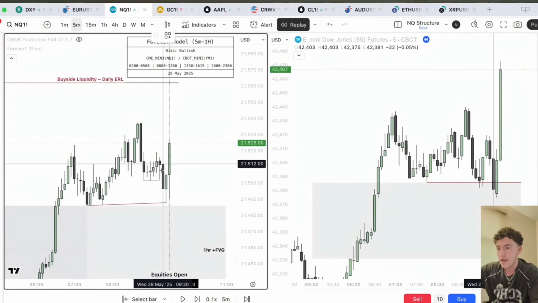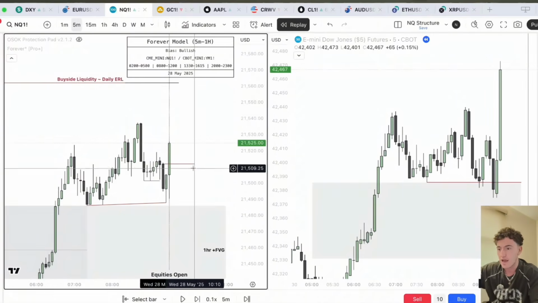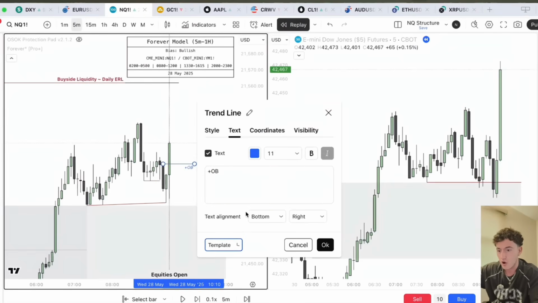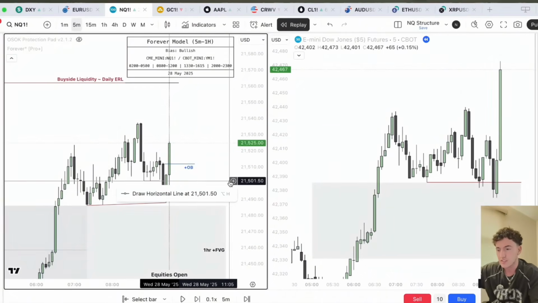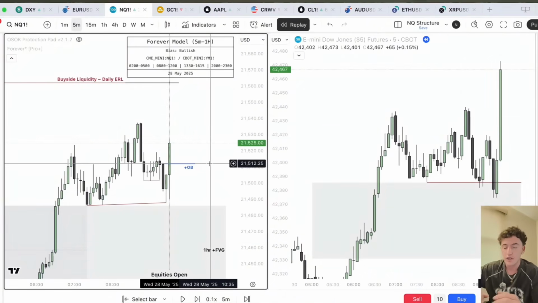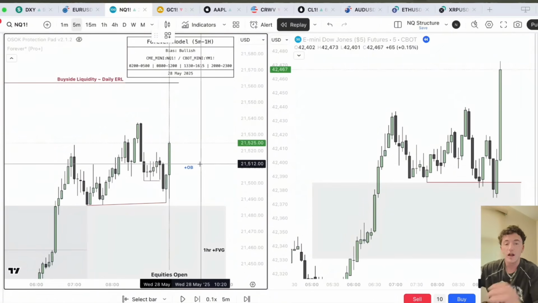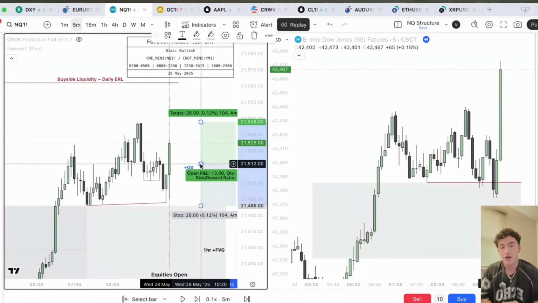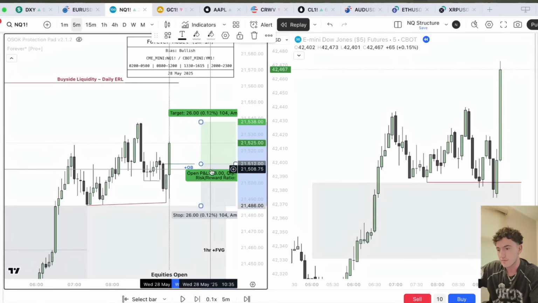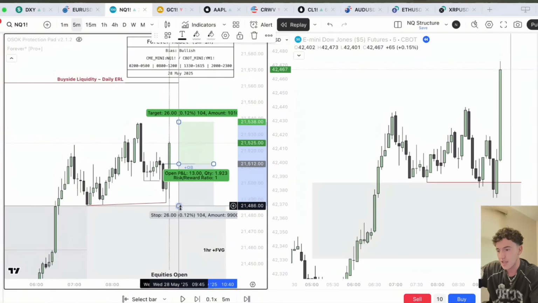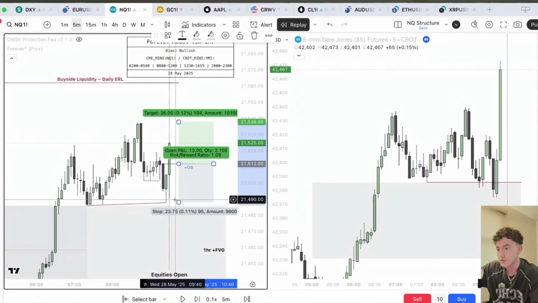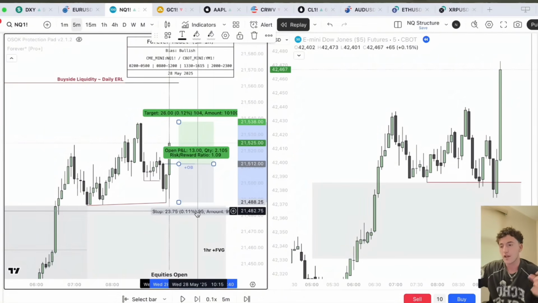So if we have our indicator plotted and we have our SMT detection off, we know that if price comes into this order block, we have our Forever Model execution for us to then take the trade long. Now, all I need to do here from this point on is put my buy limit at that down close candle resting right there. I put my stop loss at the resting low that is relatively hovering right above